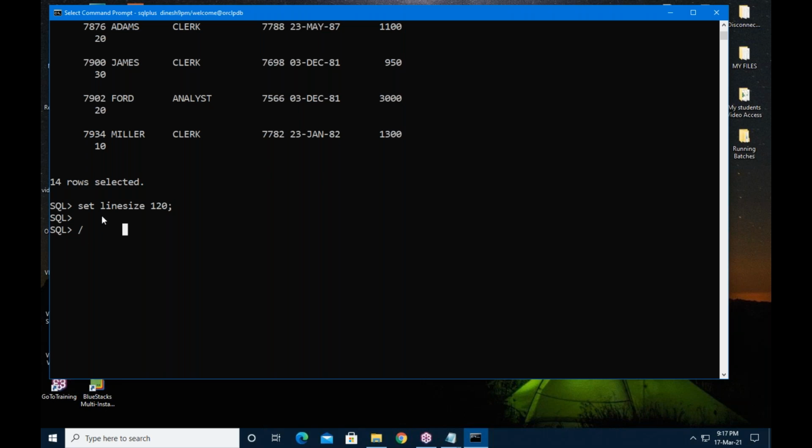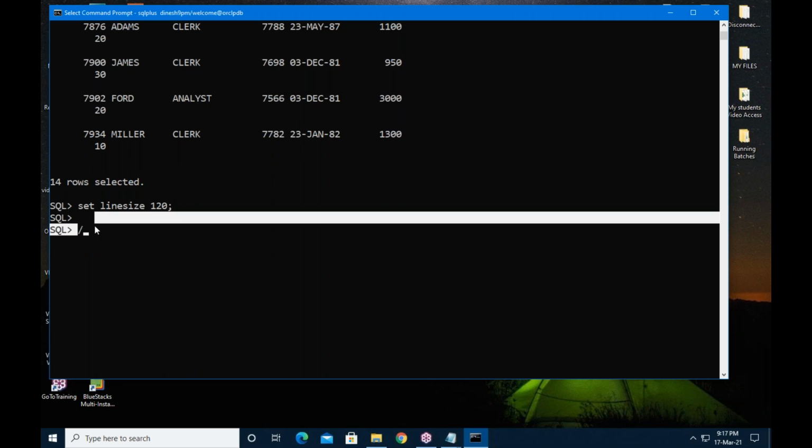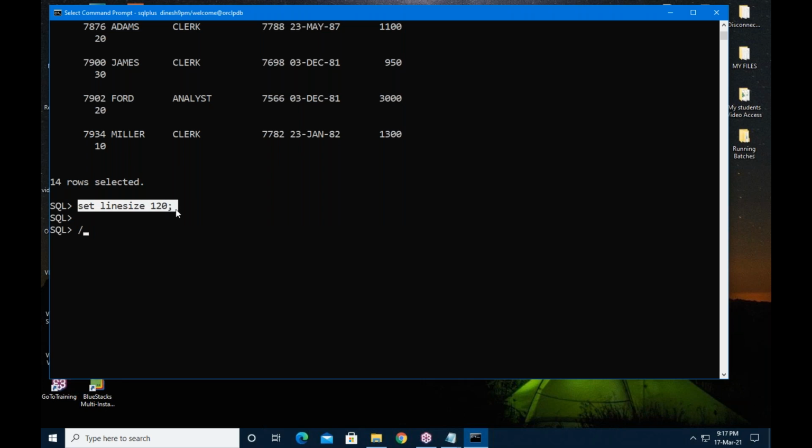What is the use of the slash symbol? The slash symbol is useful to execute the latest query again. It is not a query, it is an environment setting command.